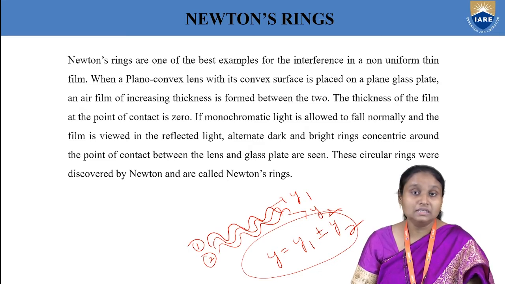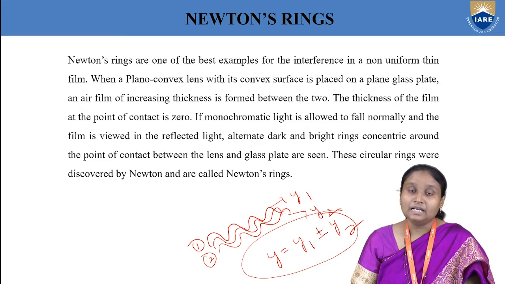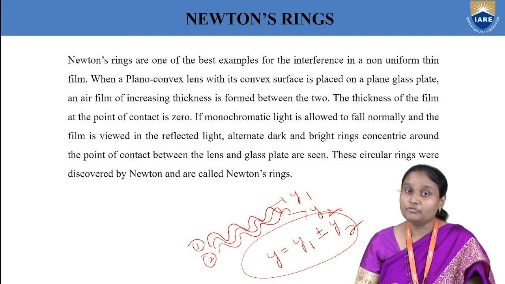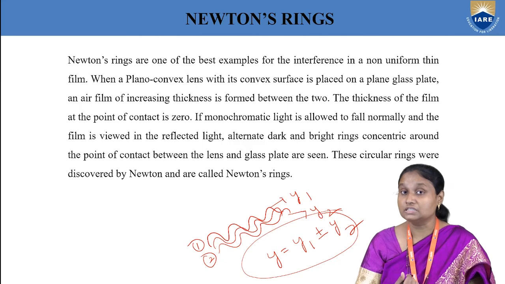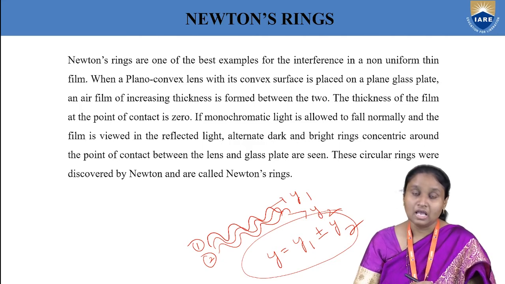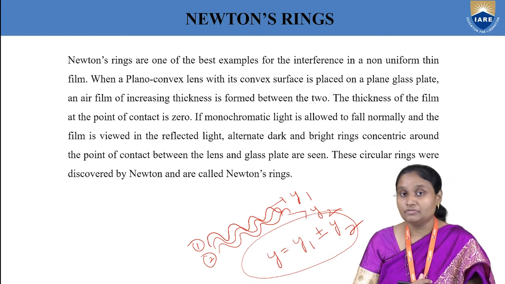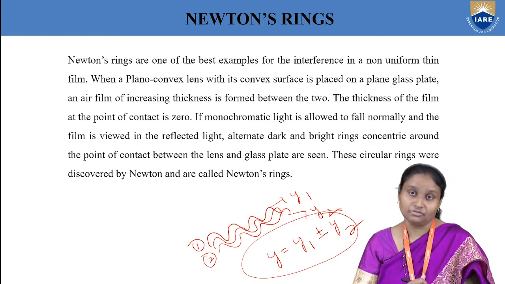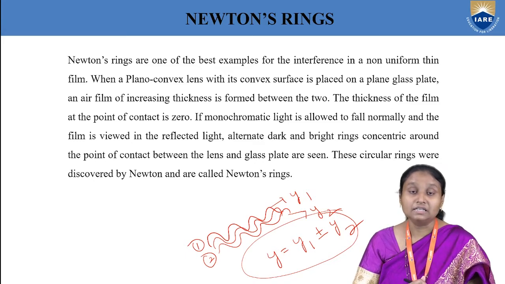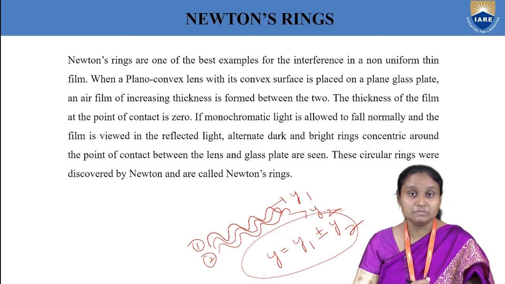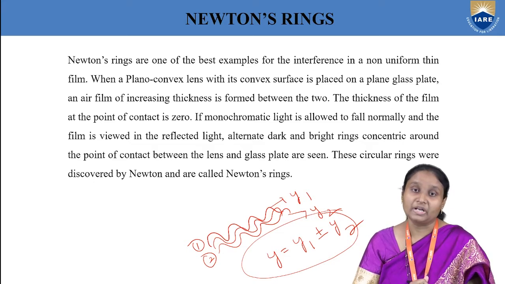The intensity can be the sum of intensities due to individual waves, or it can be the difference of intensities due to individual waves. When we take the sum of intensities due to individual waves, that type of interference is called constructive interference. Constructive interference gives rise to maximum intensity, and that maximum intensity gives rise to a bright